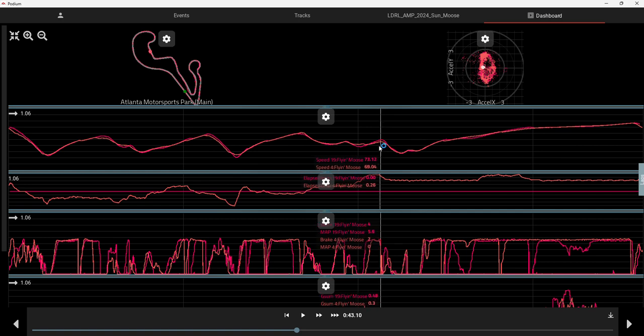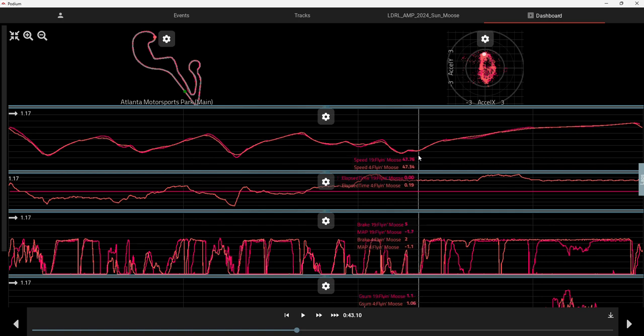But here we go. Exit going up into, I guess that would be turn 12. He's better in the brakes. He'll take the car much further into the braking zone than I will, which is kind of typical for him. I'm usually pretty good at putting the power down. He is usually better at going into the corners, into the braking zone.